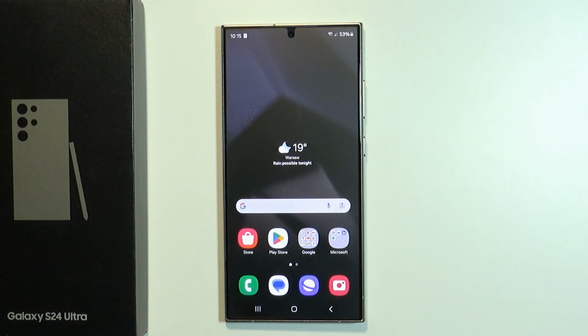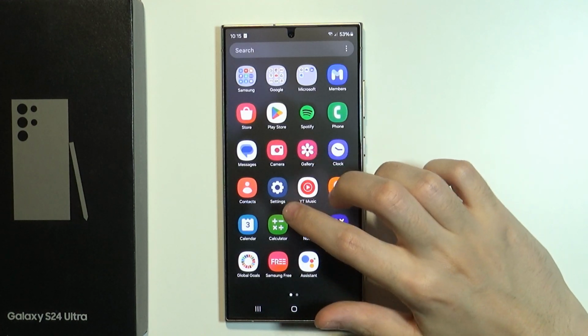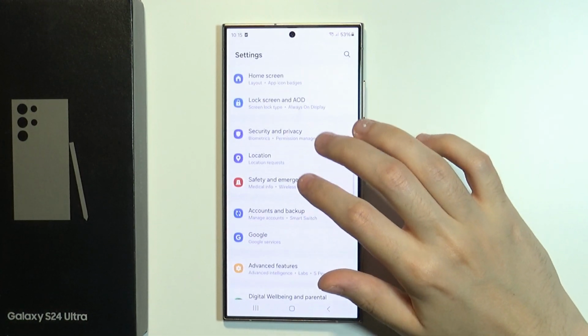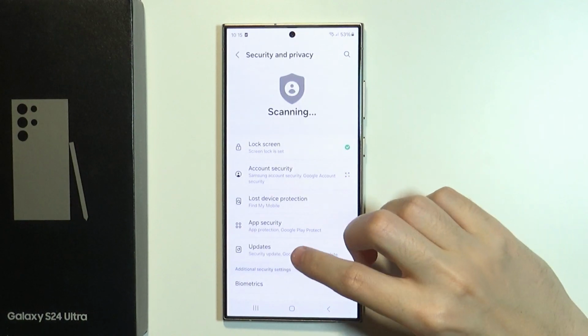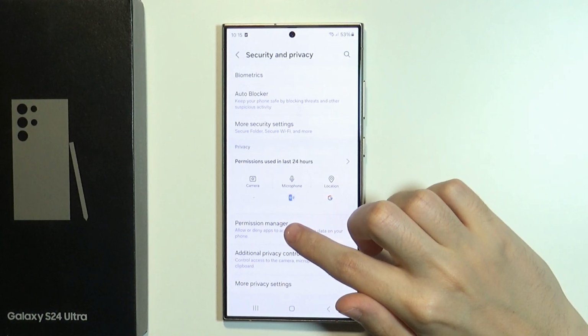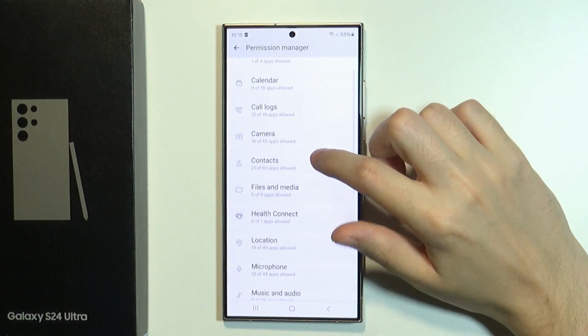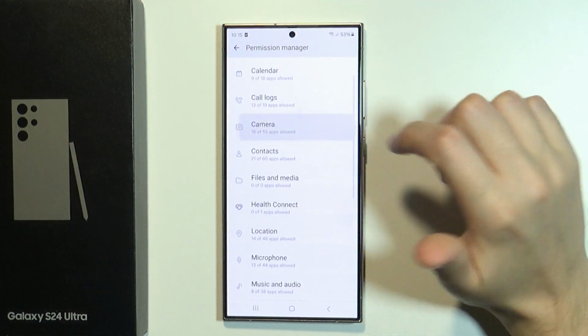Hello, in this video I'm gonna show you how we can adjust permissions and how we can manage them on Samsung Galaxy S24 Ultra. To do so, first we need to open the settings. In the settings you want to scroll down to go to security and privacy, and then if you scroll down you'll find permission manager. Over here we can choose the permission, so let's say we're gonna choose camera, and now